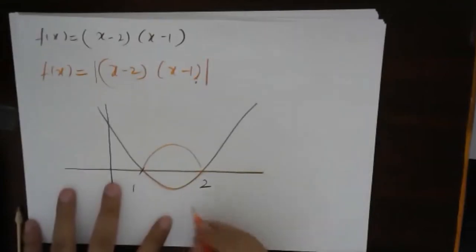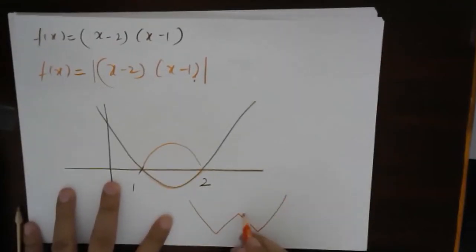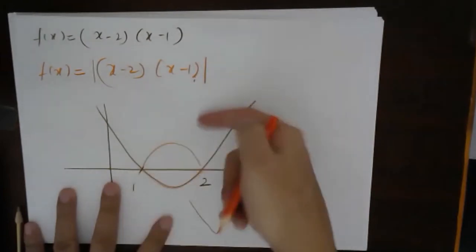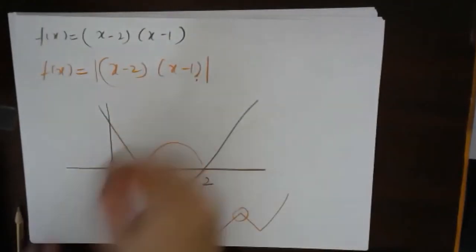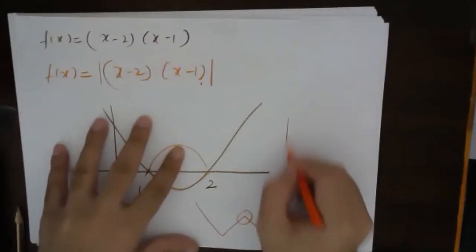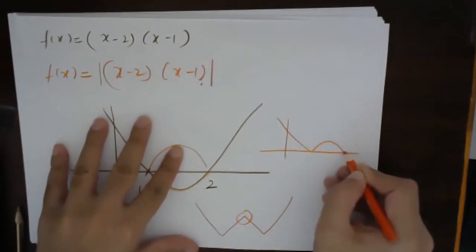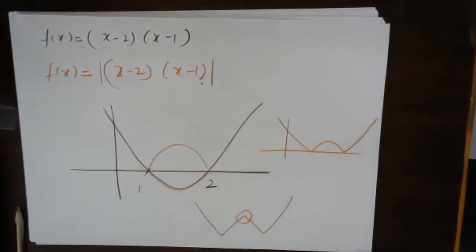Many of you have drawn something like this. It is a rough sketch, so it is fine if you've drawn like this also. But generally, whatever is down, it will simply flip upward. So whatever is down, I will draw it fresh. So the curve will be simply this. Yes, very good. I hope you understood, everyone.